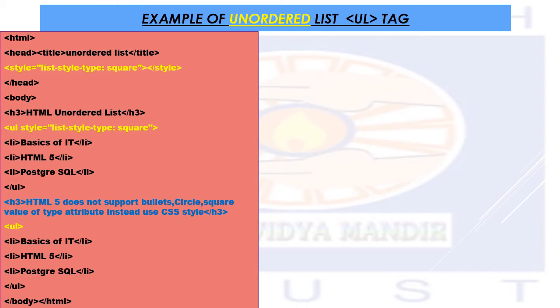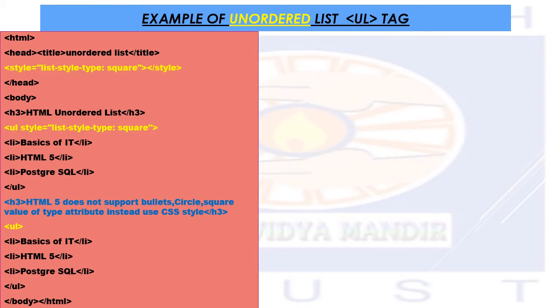Here, see in the yellow line, it is written that the style tag has been defined first. You know the CSS is always defined in the head section, that is, after the title tag you can see the style tag is opened over here. As I open the style tag, you can see style is equal to, and in the inverted commas I have written list-style-type. You have to use a hyphen sign over here, correct? List-style-type, and then a colon comes, and then comes the type.